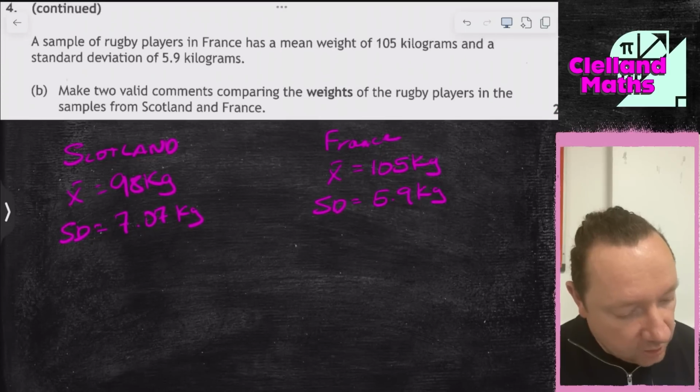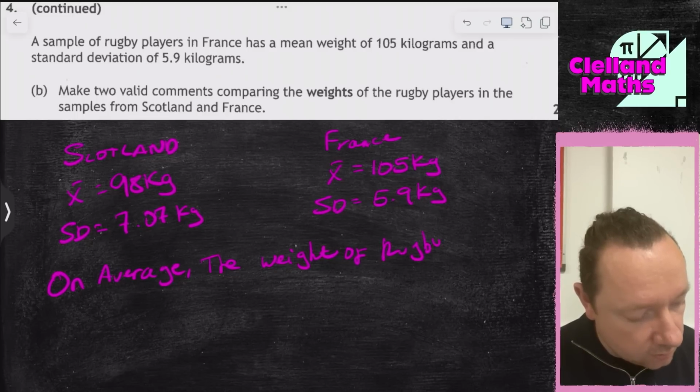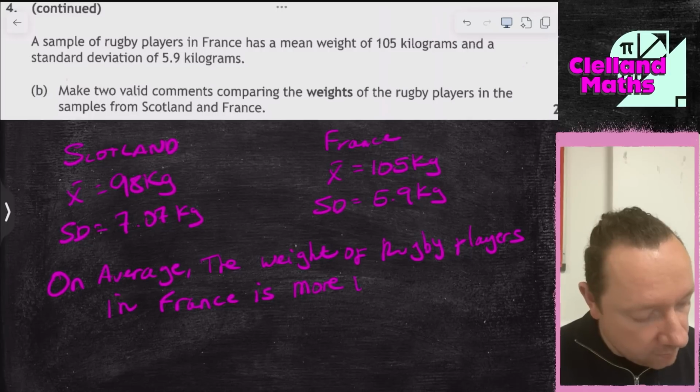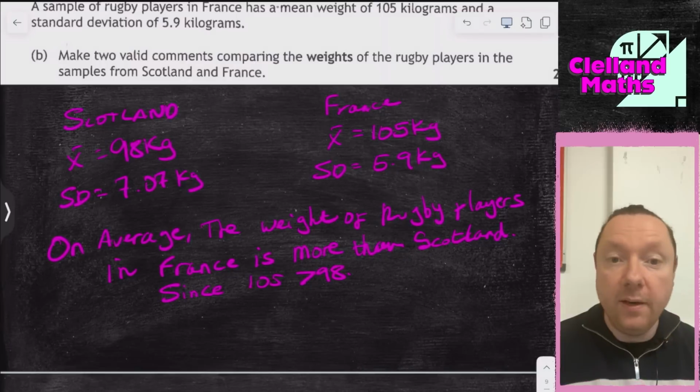So we can then just say that comparing the means, on average, the weight of rugby players in, and let's just pick the biggest one, France, is more than Scotland. Is bigger, more, whatever, as long as you mention the weight. And I'll just write since 105 is bigger than 98, just to be on the safe side. And then comparing the standard deviation,